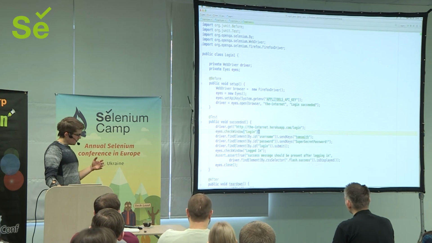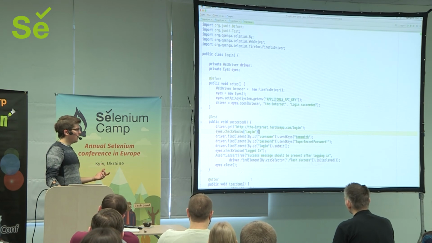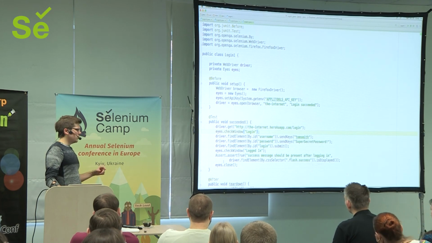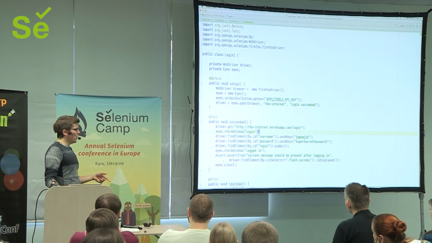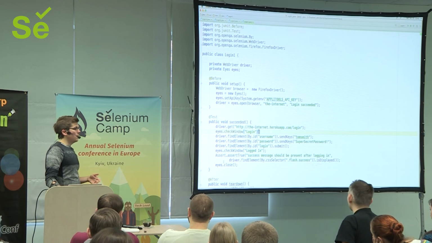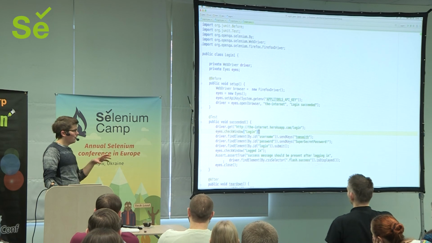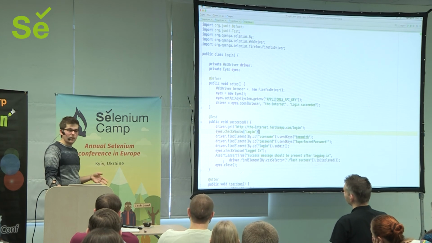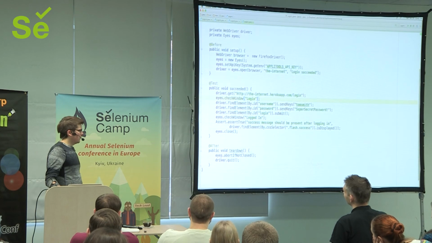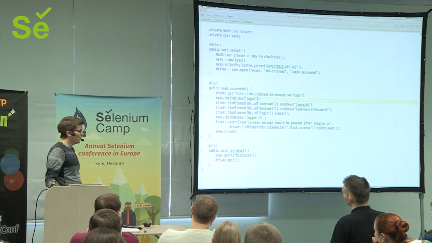And then this is my assertion just to see if this flash success message appeared after logging in. But Applitools has this eyes.close, which actually closes the session, but it's also doing a check against the baseline image to see if there's any changes. So if some sort of visual anomaly happened on the page, this will raise an exception and give you the URL to the job in Applitools, so that you can go and view the workflow and what was different. And simple teardown. If for some reason the session for Applitools didn't close, it will close it for you, and then the browser